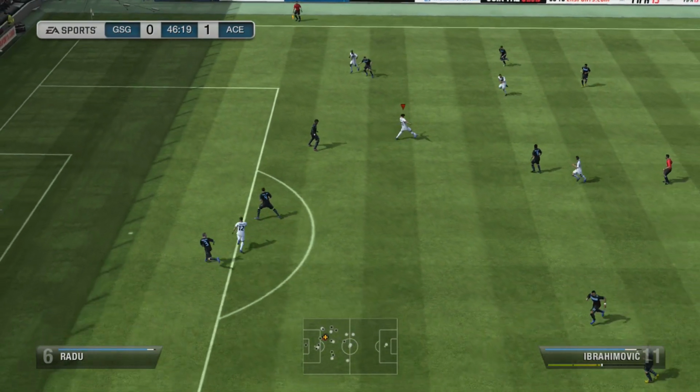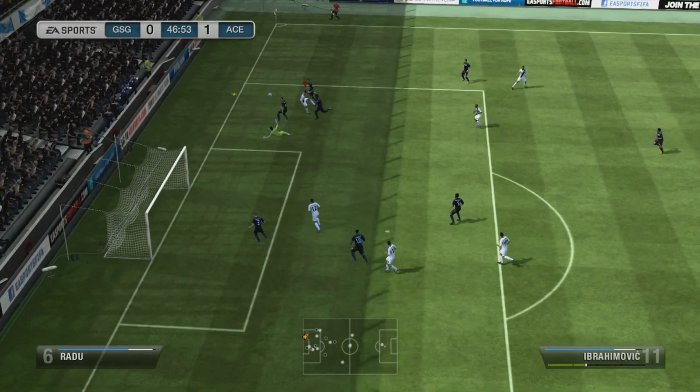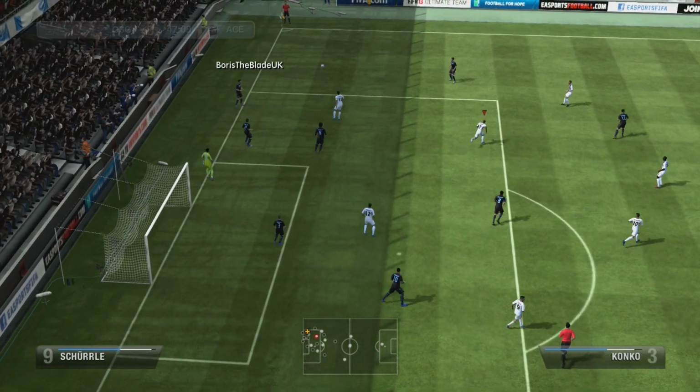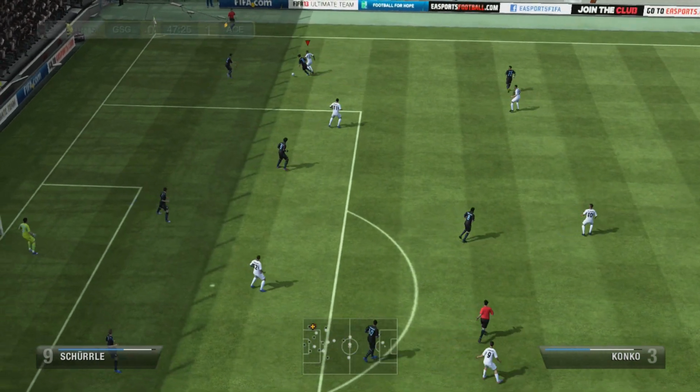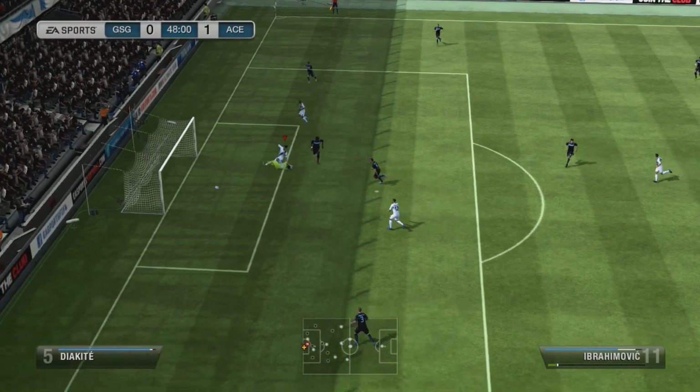So we go into the second half, and I started getting a little bit into the game. Here it's Zlatan on the ball. We try out a shot, and not the best, but we still keep on the pressure. Here it's Congo trying to pick up the ball. I change to Zlatan to see if I can intercept the pass, and I get the ball from Diakite and